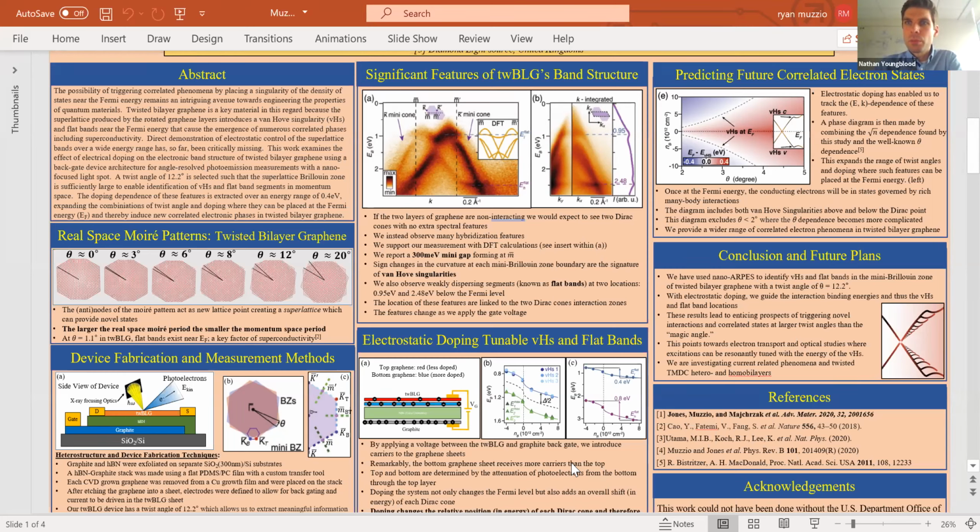And these flat bands are relevant because of superconducting properties? So these flat bands, you can imagine that they have, yes, theoretically they are shown to have extremely strong many-body interactions, and especially the electron-electron interactions. So they are a key component to superconductivity.